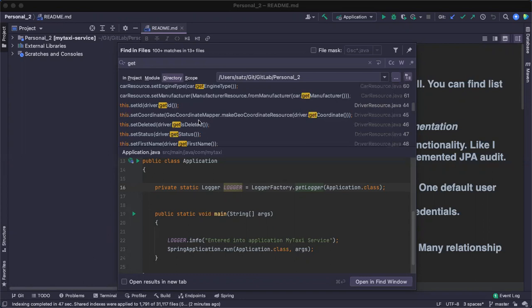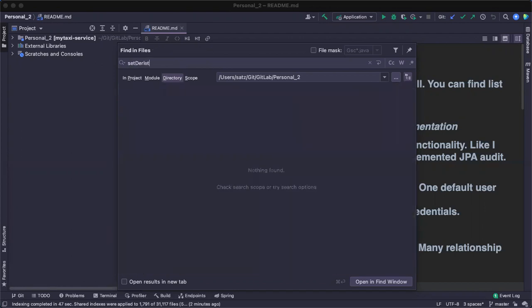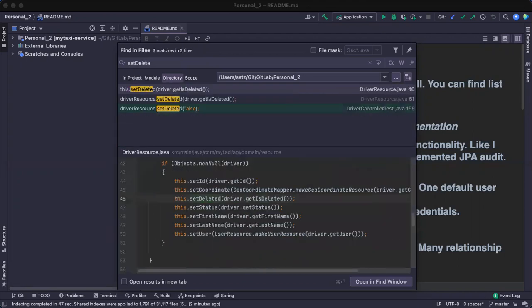Here, since it has completed the indexing when we open the project itself, the search operation is very optimized. If you are searching for anything, it will come automatically. This is the auto completion: whenever you're typing, it will automatically complete. So that is the advantage of indexing.